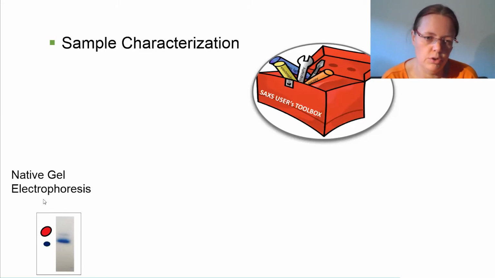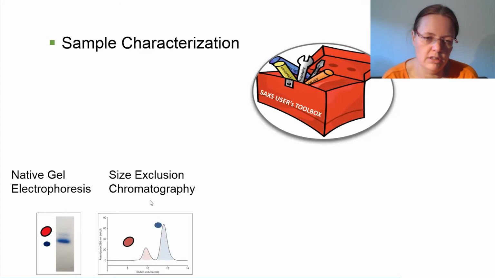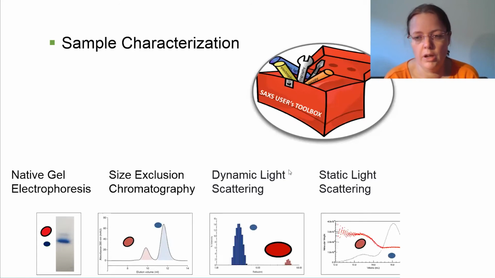So you can do a native gel electrophoresis, or pass your sample through a size exclusion column, where we have the separation, with the bigger stuff coming off the column first, and then the smaller parts. There too, you can see if you have any dimers or higher oligomers inside your sample. Size exclusion works very well if we couple it to static light scattering, because sometimes these bigger things might be low in concentration, but very large in size. This is something that static light scattering can really pick up if you have it attached to your size exclusion setup.